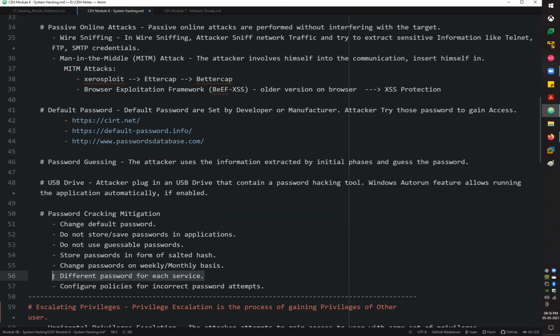At that time, what does the admin generally do? The admin configures the same password for almost all the services, right? Yeah. But don't use the same password for different services. Always use different passwords for different services, so that even if one service gets compromised, even if one insecure service,